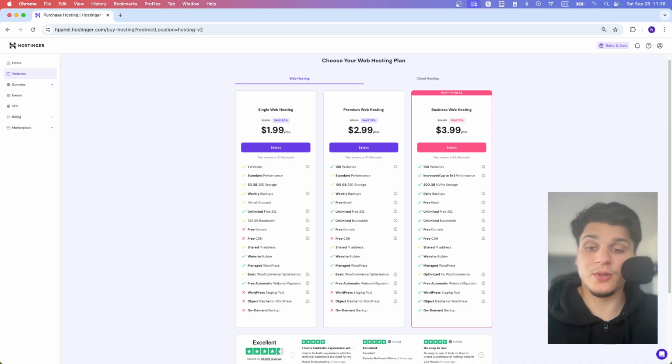Also, the business web hosting, this is great for really high traffic websites, small businesses, and also e-commerce. And it's really better performance as we can see here. And this is a great plan if you're running an online store, high